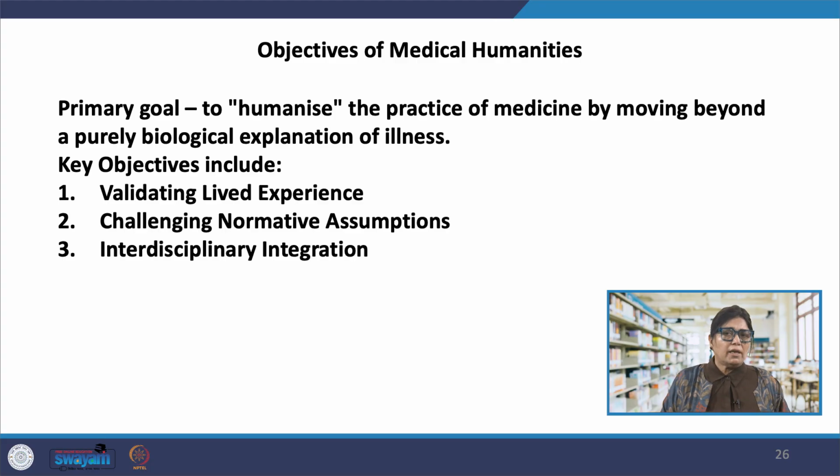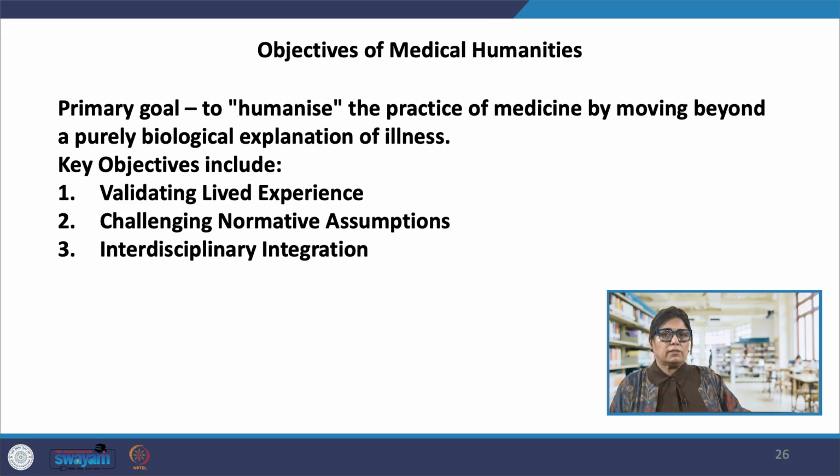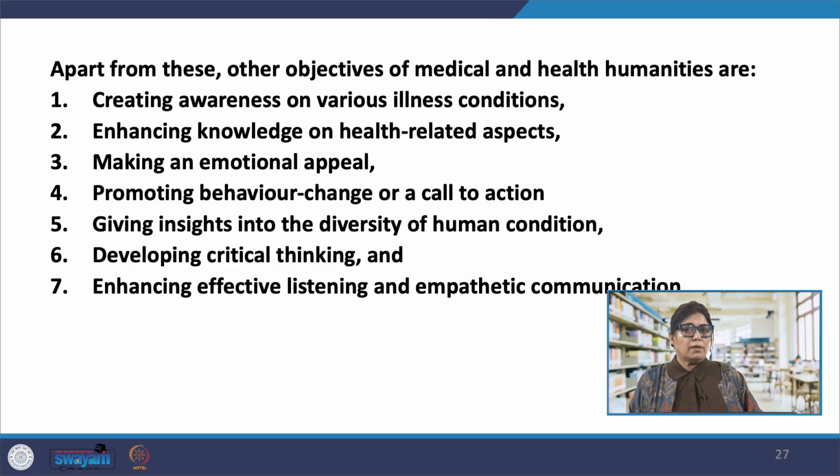Secondly, challenging normative assumptions. This involves questioning what society considers a normal or productive body. Third, interdisciplinary integration. This refers to drawing from history, literature, philosophy, law, and the creative arts to understand health and well being. Apart from these, other objectives of medical and health humanities are creating awareness on various illness conditions, enhancing